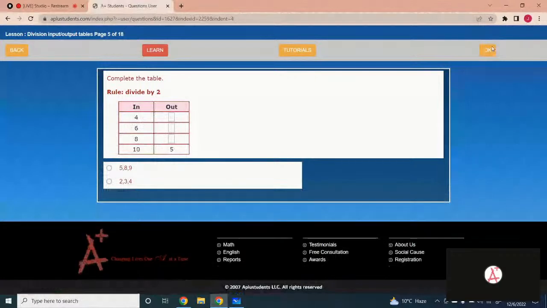Very good. Okay, which option is the correct one? 4, 6, 8, and 10. The rule is you have to divide them by 2. So which option is the correct one? You have to divide all input values by 2. So 4 divided by 2 equals